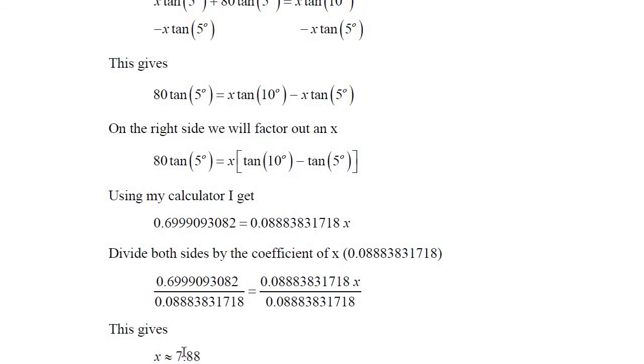So this 7.88 for x is a rounded number. If I use this rounded number to try to calculate the height, I'm going to increase the amount of error. So I don't want this 7.88. Instead, I want the more lengthy number, which is